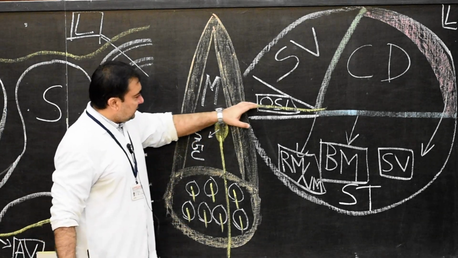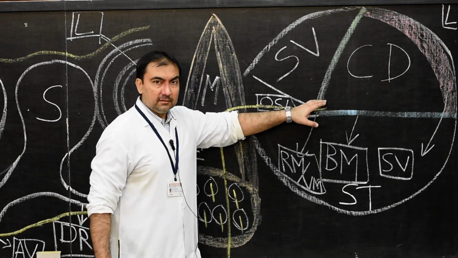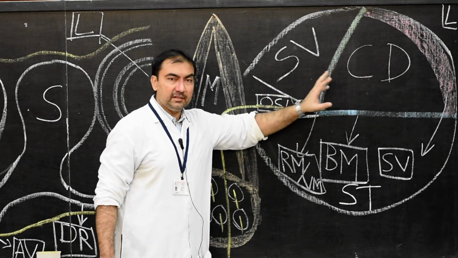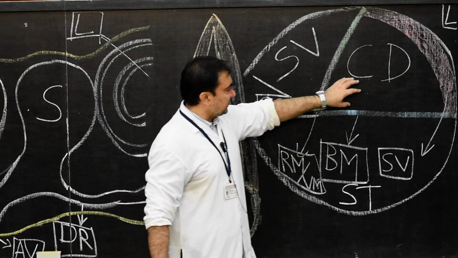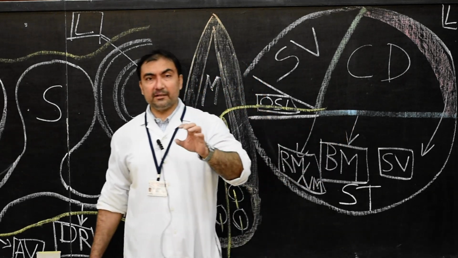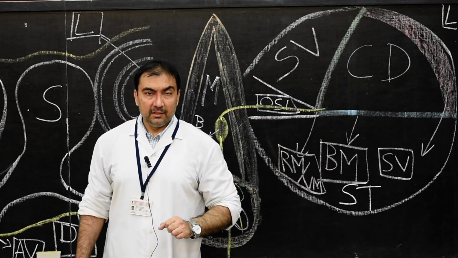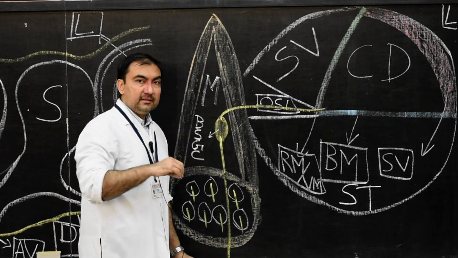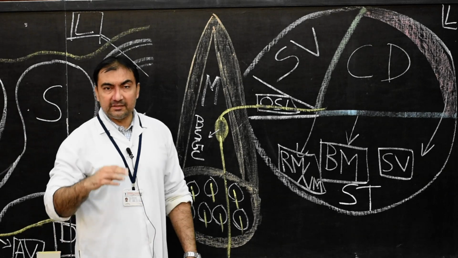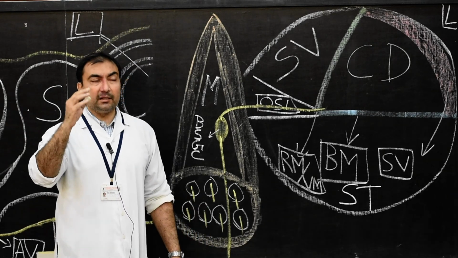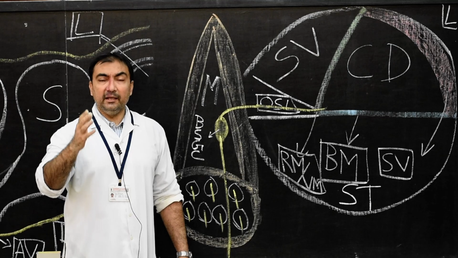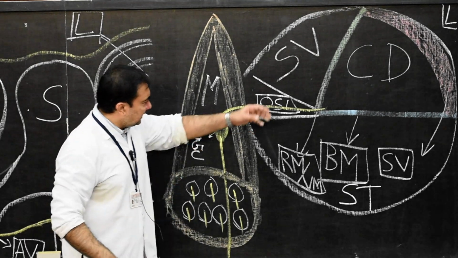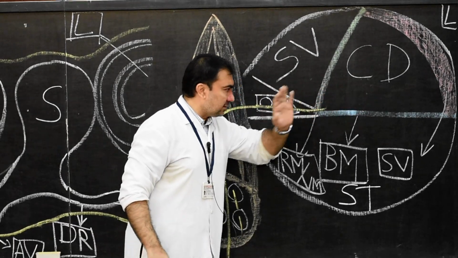Bipolar spiral ganglion cell. So many are there. Now we are interested in this process. Where is it going? This is the peripheral process. It is going through the osseous spiral lamina and then entering the cochlear duct. Now comes the most important segment of the cochlear duct, the spiral organ of Corti. What is the spiral organ of Corti? That is a specialized receptor cell. Just as we had discussed the specialized receptor cells of the saccule and utricle, which were known as macula, and the specialized receptor cells of the semicircular ducts, which were known as crista. Same way here, we have to draw the spiral organ of Corti.